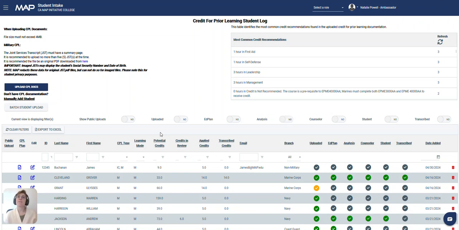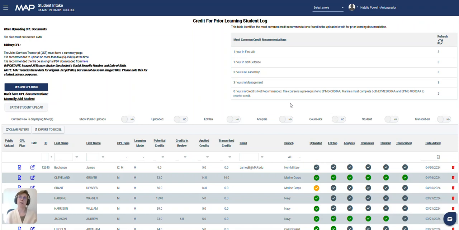The last piece of this student log to review today is the most common credit recommendations. So this is a very helpful tool when it comes to figuring out where to start on creating articulations. The more students you have loaded into this student log, the more helpful this will be. So if you have 50, 100, 200 joint services transcripts, you'll notice these numbers of students who have these certain credit recommendations will go way up. This is a great spot to start if you're not sure where your lowest hanging fruit is. Where can we give the most credit and make the most impact on your students in terms of starting to